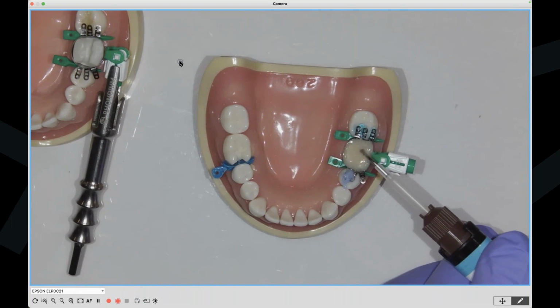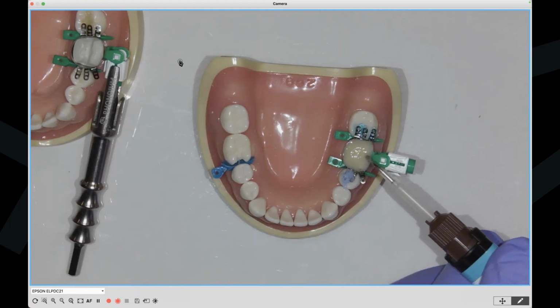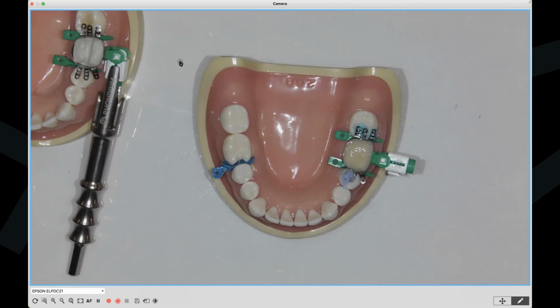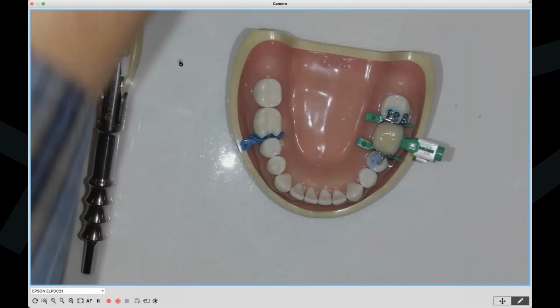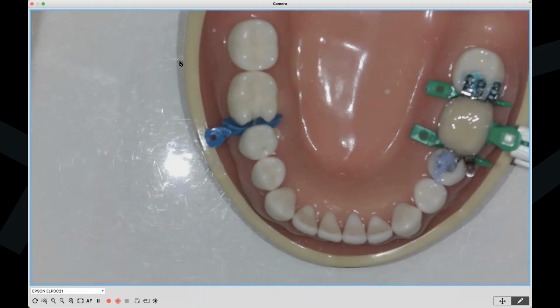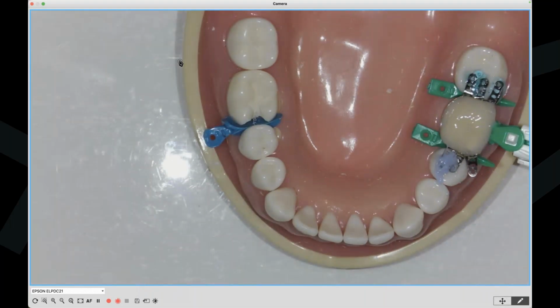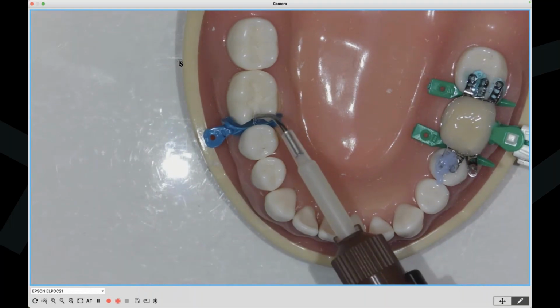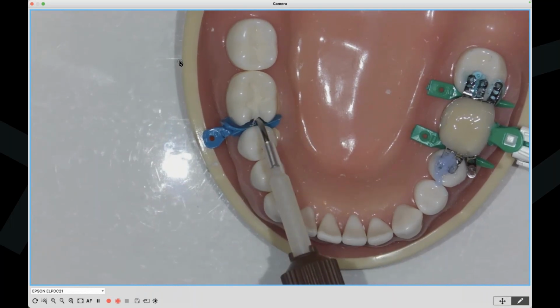And I'm going to do one other thing. Notice I'm not pulling out of that pool of material. And the reason I'm not is I don't want to create a problem. So now what I'm going to do is go into the, let's zoom in a little more and click. Okay, now I'm on the deep margin elevation portion. So I got to get in like this so I can see.